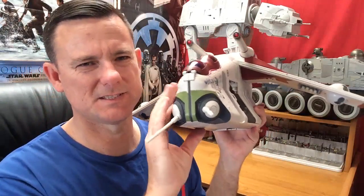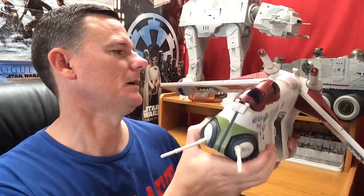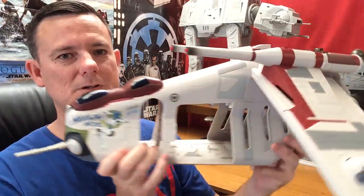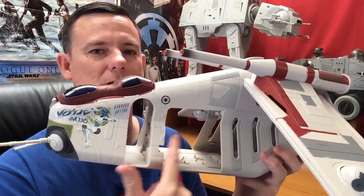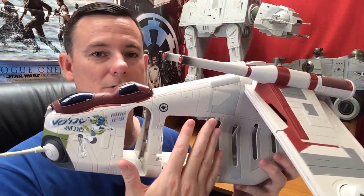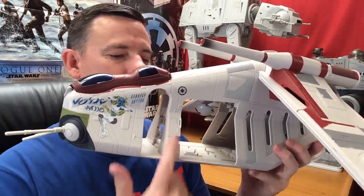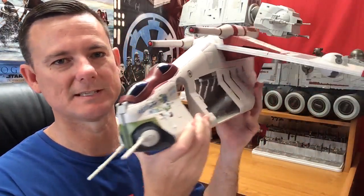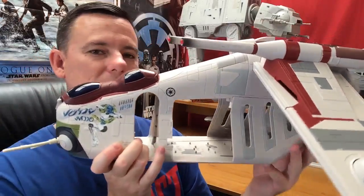Now this is the same mold as I think the previous one. I think it's the Attack of the Clones. I can't remember exactly what types they were, but this was obviously the same sculpt. I don't think there's too much difference. I know later on with the Republic Gunship you could actually get the enclosed area, or a little panel across here. I kind of wish they did that with these when they first released them, but it's a pretty cool